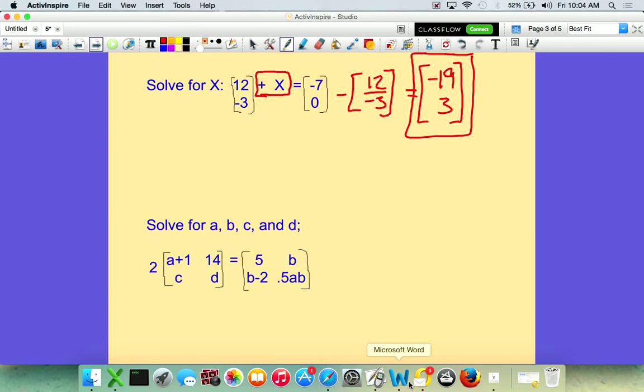Down below here, we can solve for A, B, C, and D out of this, but as you notice, we have two matrices set equal to each other, but we have this 2 on the outside. That 2 is called scalar multiplication. So what that means is everything inside of this left matrix here can be multiplied by 2 to equal the right side. So what I would do first is I would take that 2 and multiply it by everything inside the matrix. So we'd have 2a plus 2,